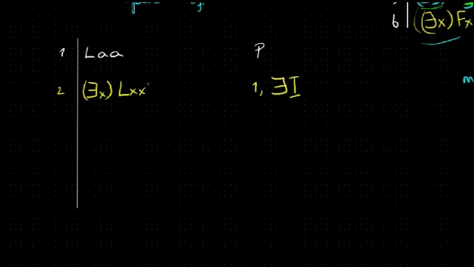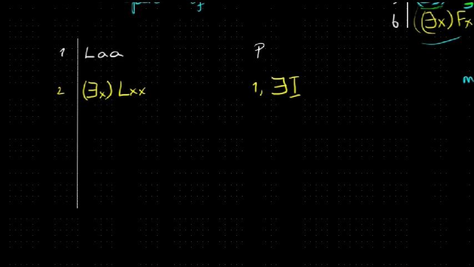But as well as, what this is kind of saying is, if A has property L to itself, then there's something which has property L to itself. But as well as this, we're also saying that A has property L to A, which means that something has property L to something, and those somethings don't necessarily have to be the same thing. Right? So another way that we could write this, let's use a blue,